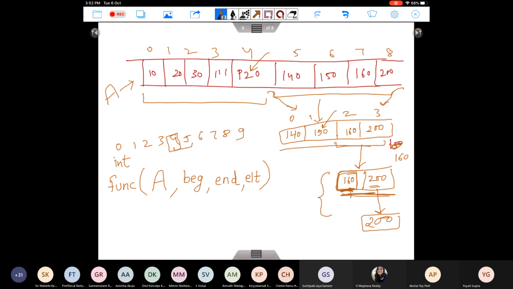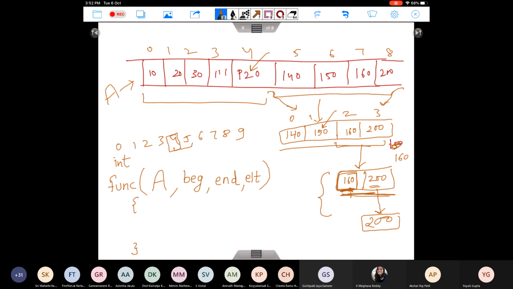Okay, so how do we actually implement this function? Can you think of what should be there in the body of this function? Before that, one more question to you. Since you are studying complexity, can you tell me how many comparisons this code will do?